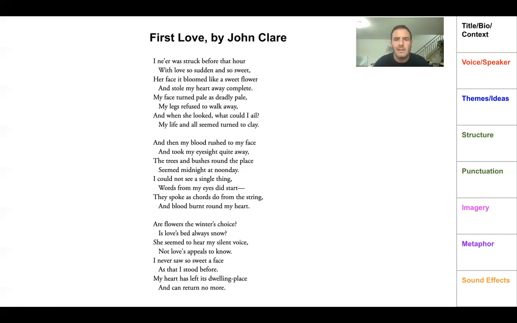So it's a very lovely lyric poem by a man remembering his first love. And I believe that this is kind of an autobiographical poem. Apparently in John Clare's other poems, he has this childhood sweetheart, a first love, and his wife. I don't know how happy his wife was about all these poems to his true first love, but there we are.